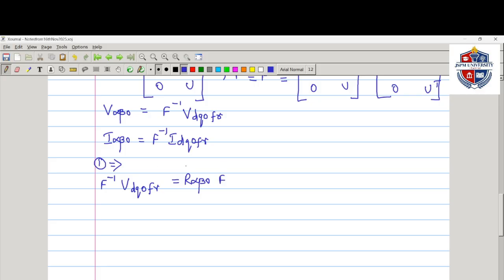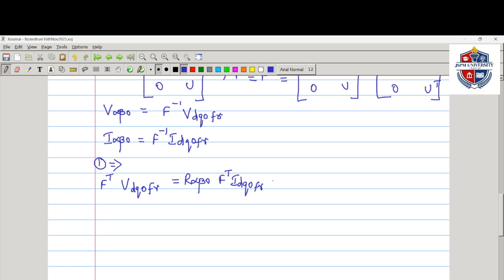I am going to directly write F inverse as F transpose, right? Already we have seen. Therefore, we can write here F transpose, R alpha beta naught into F transpose into I dq naught